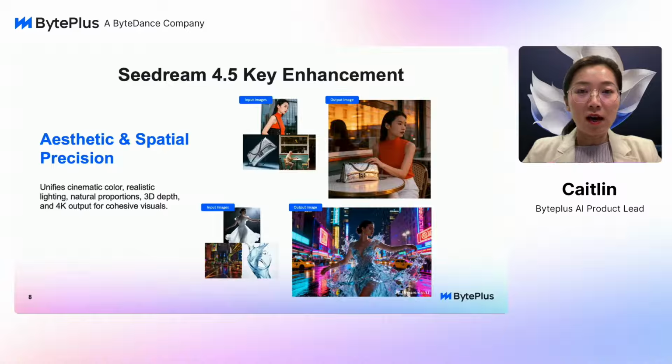So, for example, in the demo here, I provided three input images: the user's face, which is the model, the bag I want to display, as well as an environment which is in front of a cafe shop. I want the model to generate a model showcasing this bag and sitting in front of this cafe. You can see that first of all, the model looks like the one that I provided, and the second is